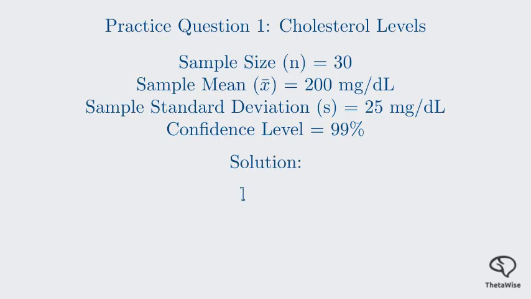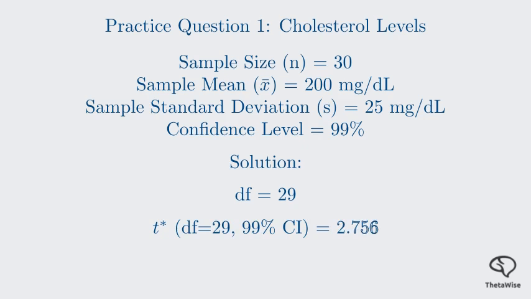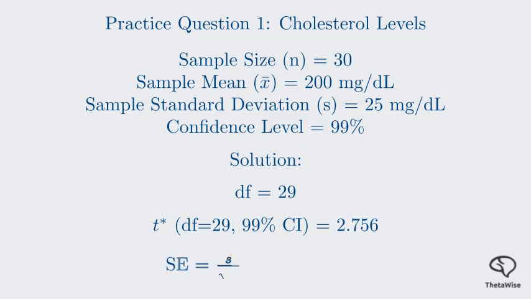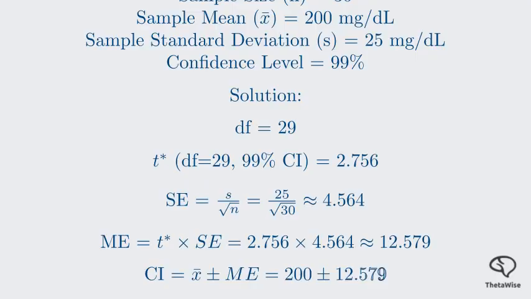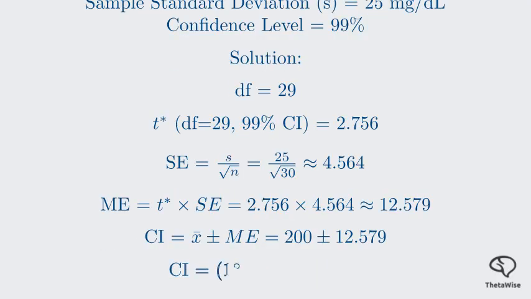All right, let's go through the solution. First, degrees of freedom are 30 minus 1, which is 29. For a 99% confidence interval with 29 degrees of freedom, the t-critical value is 2.756. The standard error is 25 divided by the square root of 30, which is about 4.564. The margin of error is 2.756 times 4.564, which is 12.579. The confidence interval is 200 plus or minus 12.579, giving us a range of 187.421 to